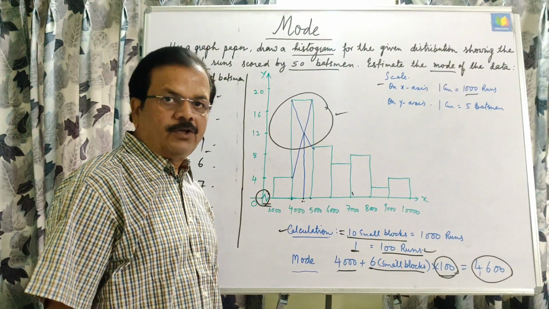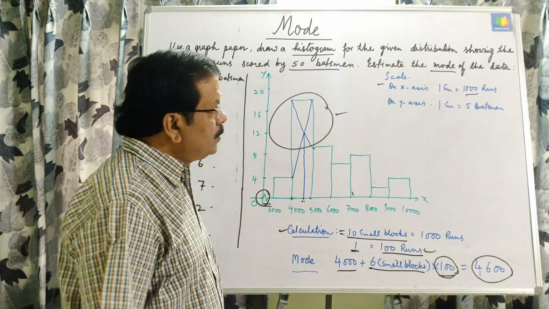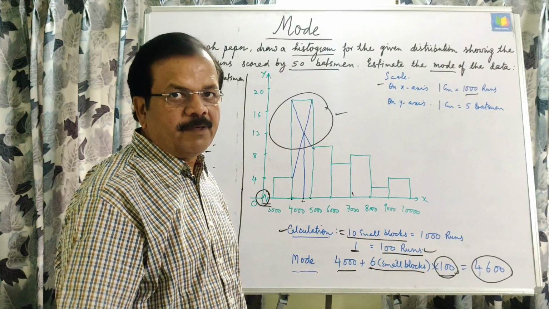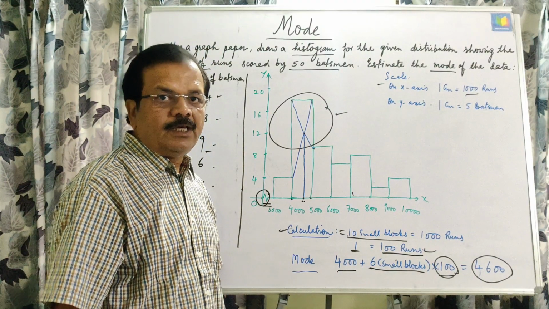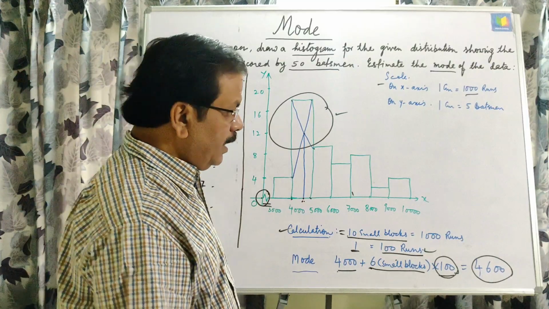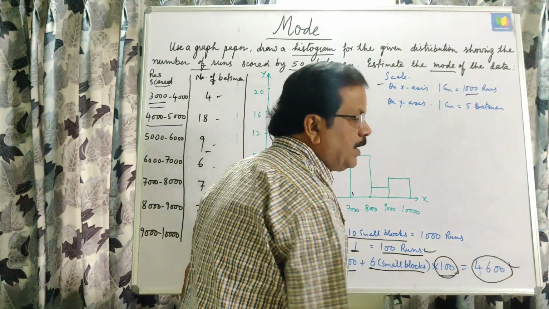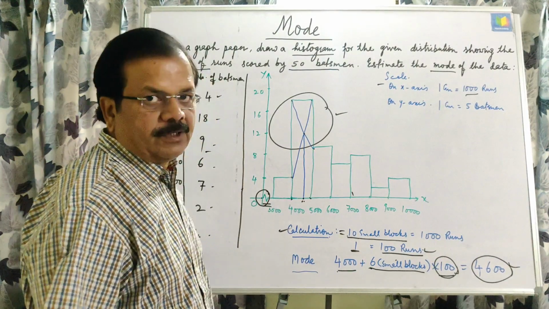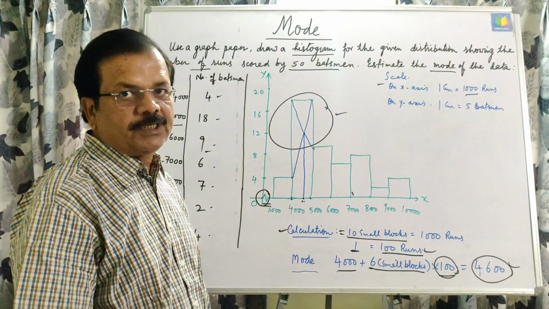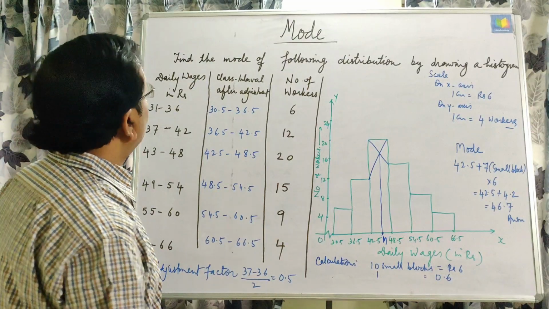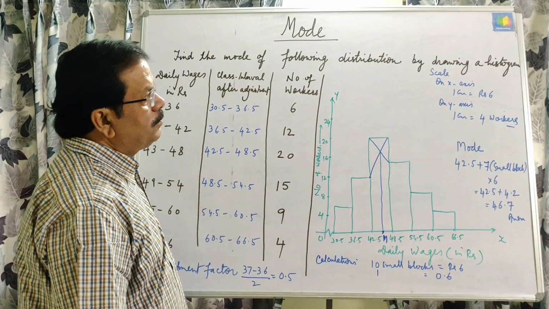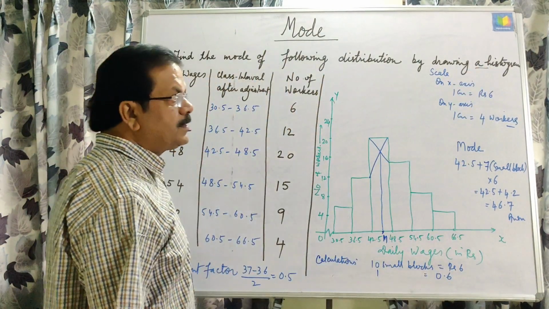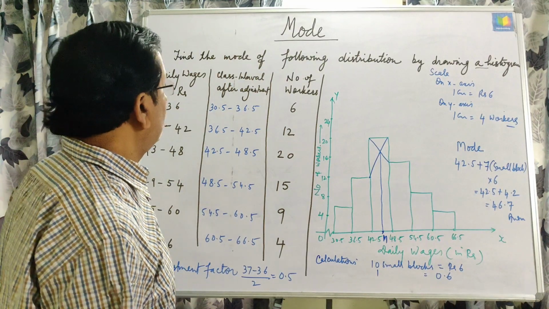On your behalf you should try to draw this correctly up to the scale, but in the board examination you will get a few relaxations in the correct answer. That will depend at the time of correction. Okay, now next question. Find mode of the following distribution by drawing histogram. In all the questions you will see half part is drawing a histogram.